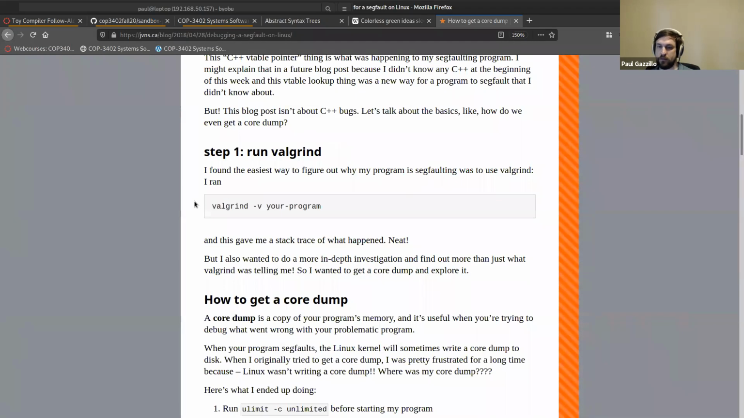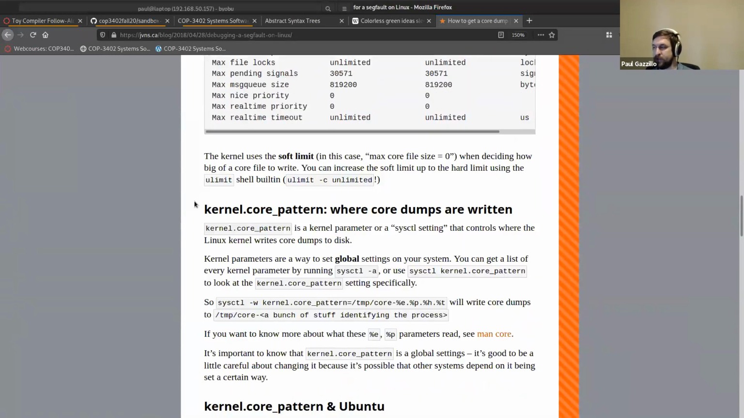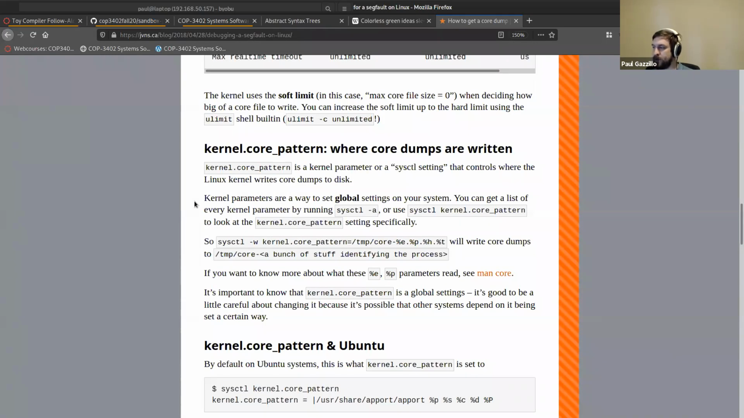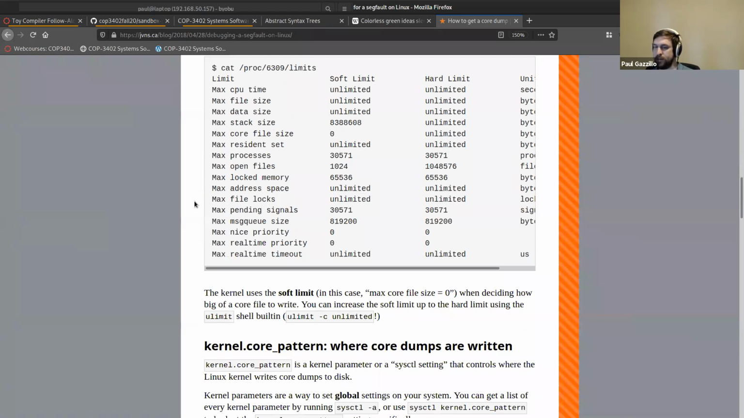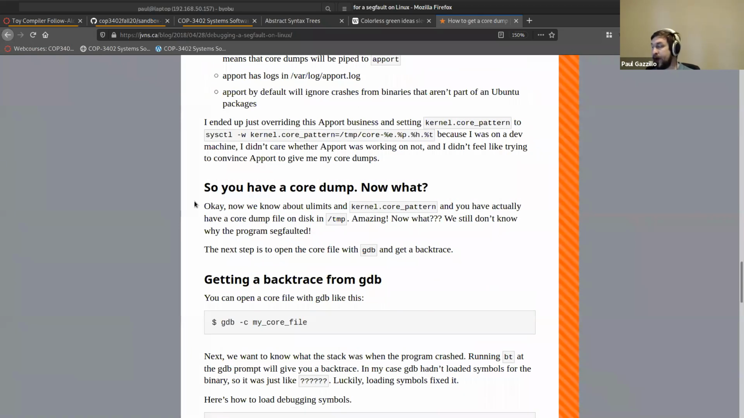Because the kernel wasn't writing a core dump. Where's my core dump? Yeah, so I guess there are some parameters to the kernel that you can provide to tell it where you want to put the core dump. But this is a feature explicitly written into the kernel and the system software